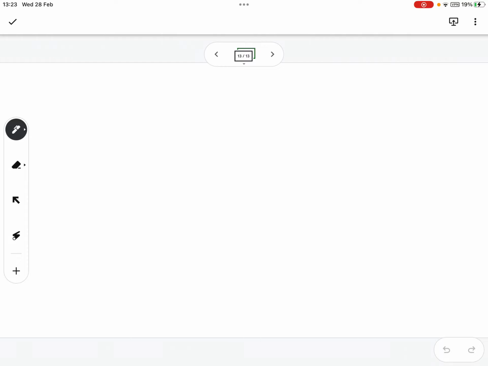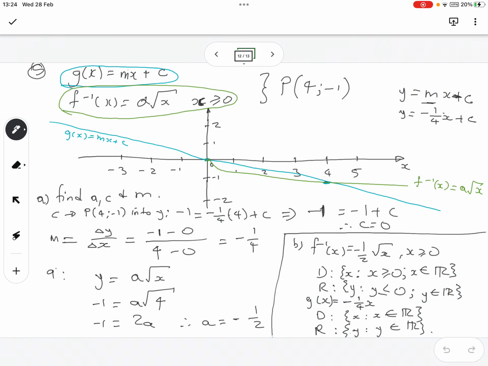For which values of x is g of x smaller or less than f of x? f of x, not f inverse of x. So we must divide it back to f of x. Maths is quite unnecessary sometimes. Why don't they just say f of x? I know, inverse, right? Our equation is